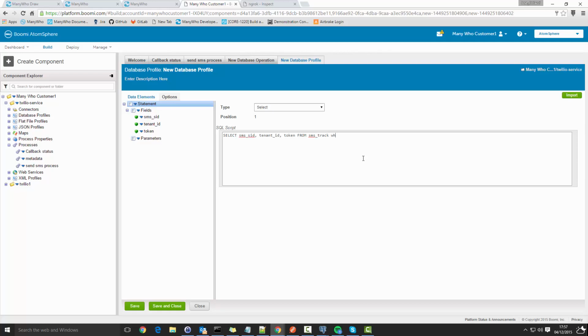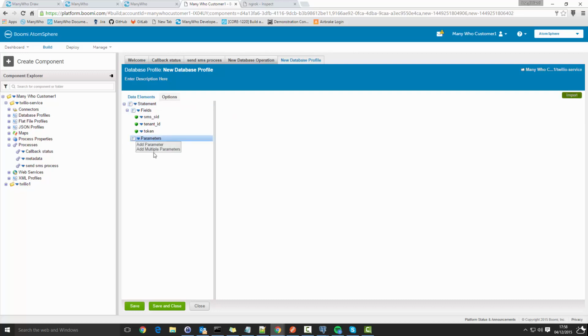Here we need to add a parameter. SMS seed equal. So we are going to add here the parameter